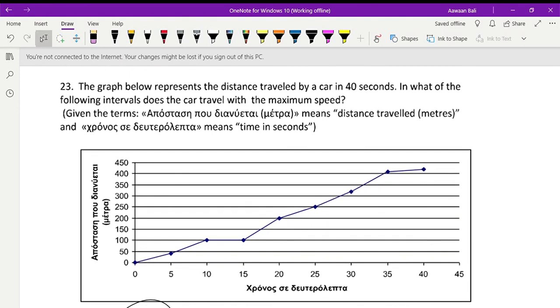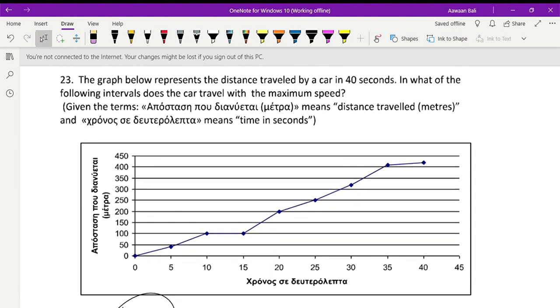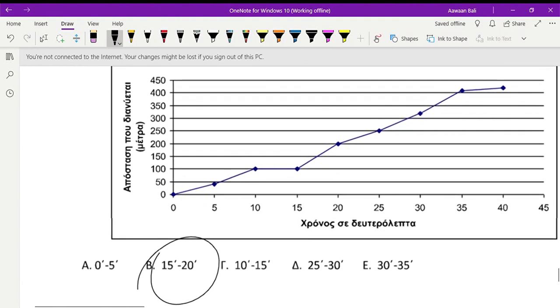The graph below represents the distance traveled by a car in 40 seconds. In which of the following intervals does the car travel with the maximum speed? Which means that when it's saying the maximum speed, okay, so this is basically distance traveled here, and this means time in seconds, and all of the gaps are evenly spaced by 5 seconds, which means